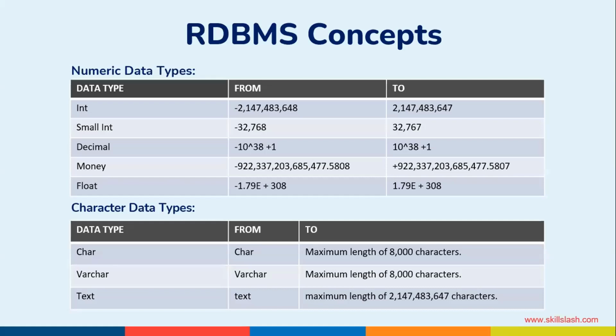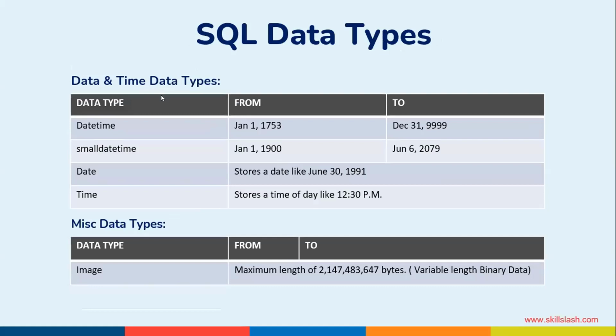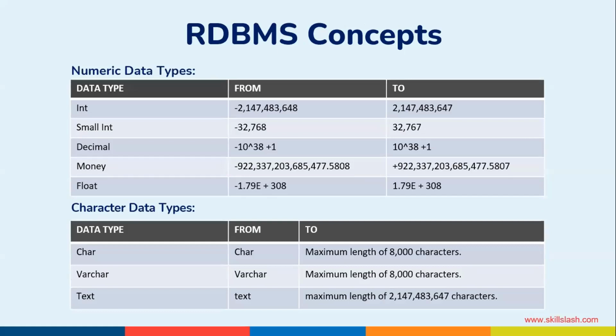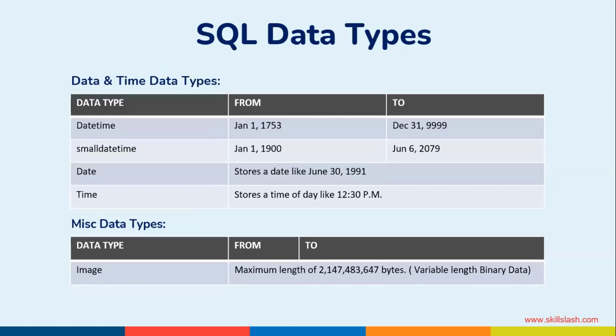Another very important thing is the different data types that we have. Now, in the RDBMS concepts, there are different data types which have been classified. We've got some data types for numeric data. We can have the data type for the characters, right? We can have the data type for the date and the time. You can see this, plus some miscellaneous data types. So based on what kind of data you are going to store, whether it is time or an integer or decimal, money, based on that, you can select the data type and give it to your columns.